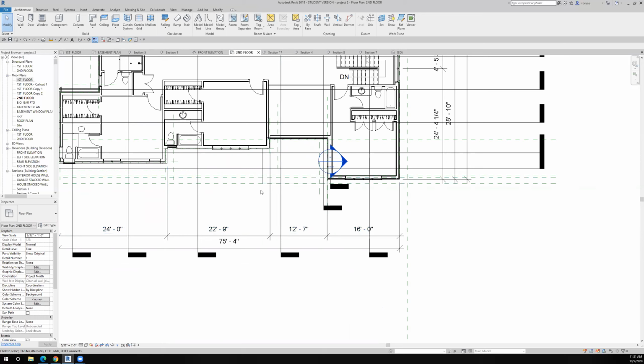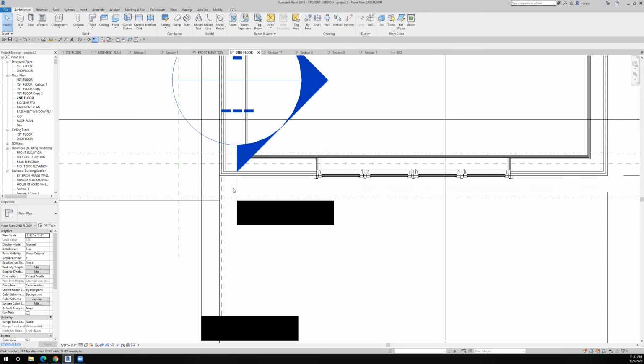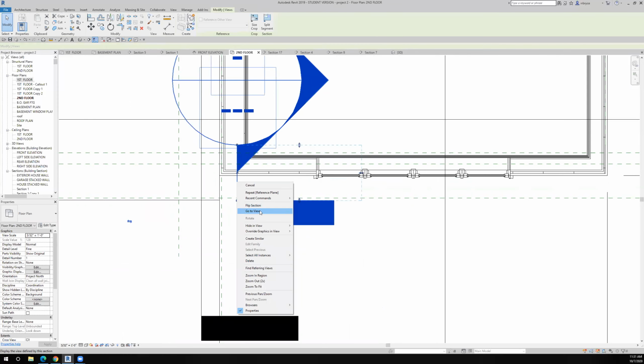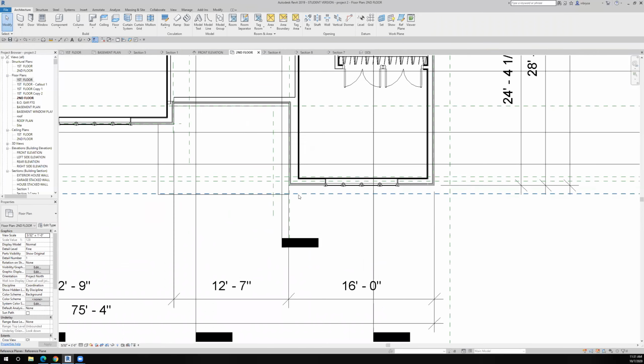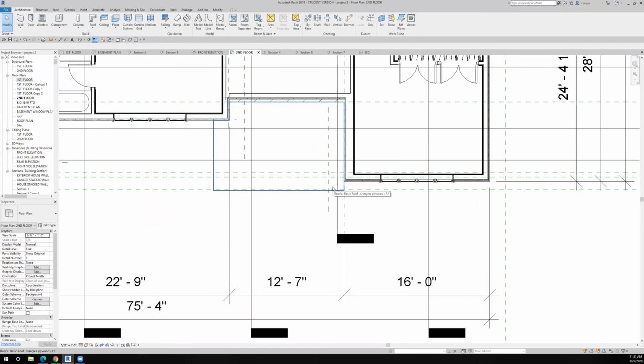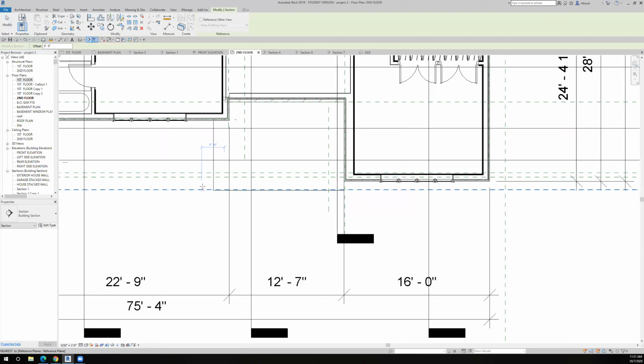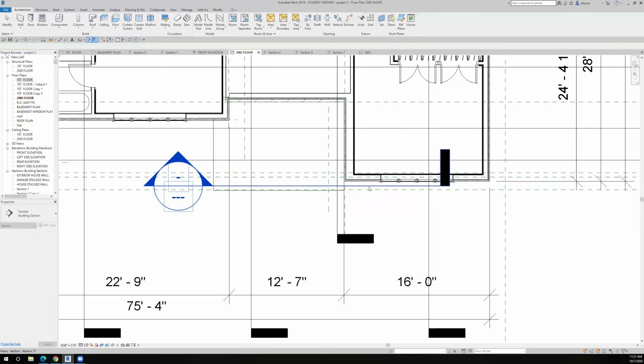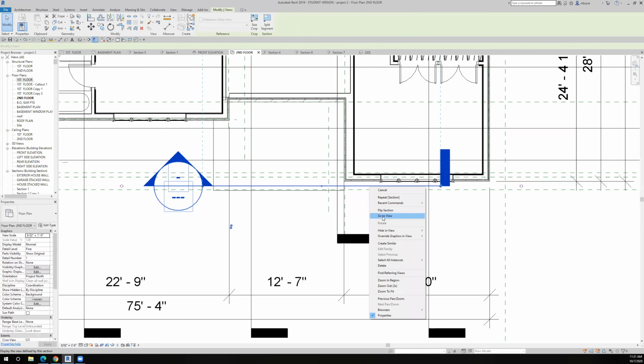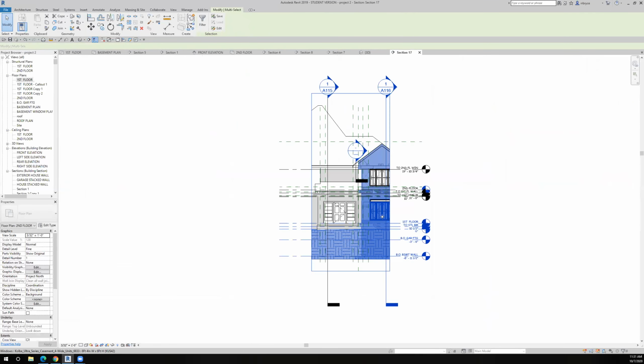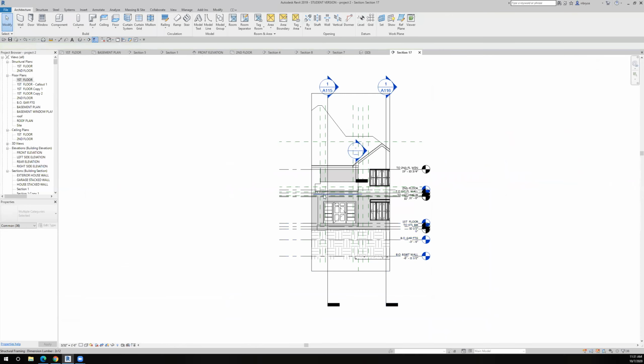So I don't need this anymore. So let's clean up a little bit and just delete that section. And then I want to put a section right through there so I can put some more reference planes in to tell me what the other edge of the ceiling is going to be. So I'll go to the view and